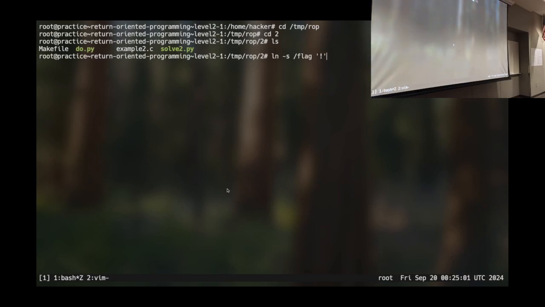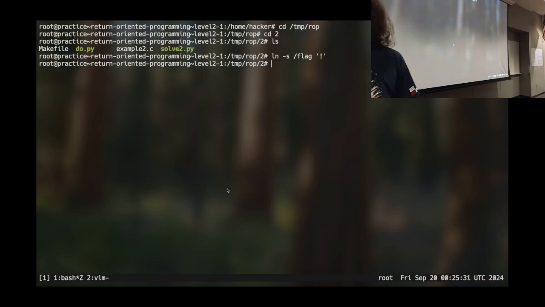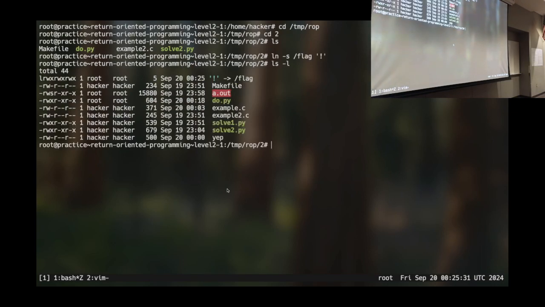One of the things to be aware of if you're going to be using this in Bash, there is a difference between single quotes and double quotes. I don't know if exclamation mark literally would work here, but if you single quote something in Bash, Bash will leave it alone, not do any interpretation, any substitution. It is just absolute truth as far as the string. If you use double quotes, Bash will do some substitutions. This isn't a class on Bash. This is just something for you to be aware of. If you want a literal string in Bash, use single quotes. And what we see here is I now have something that isn't a literal exclamation mark, and that is going to be a symlink that points to the flag.